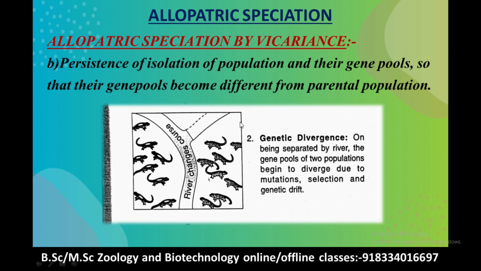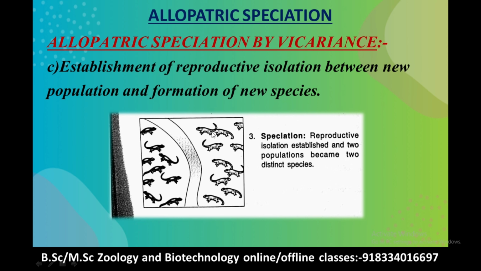In this picture you can see that the river changed its direction of flow and is flowing in between them. Suppose a new allele or a new gene enters their gene pool, then they will be totally different in case of reproduction. So with establishment of reproductive isolation, they are totally different from each other in respect of reproduction.